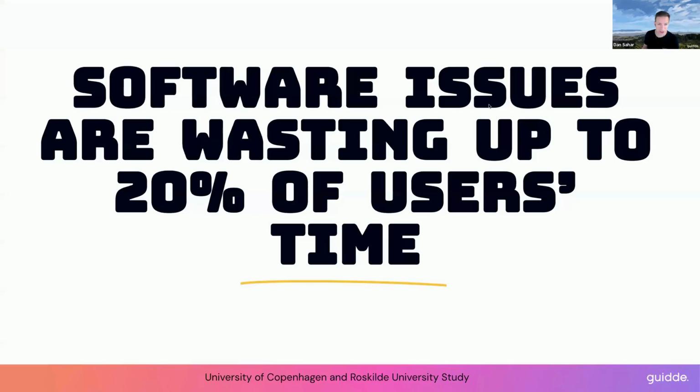Now, unfortunately, in the current situation, even with all the AI advancements that we have seen over the last couple of years, software is still a main cause of time waste and a loss of productivity in pretty much every organization. You can see this is a study from a couple of years ago done by the University of Copenhagen,